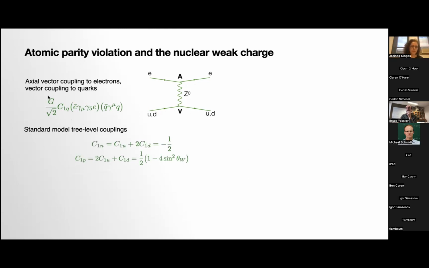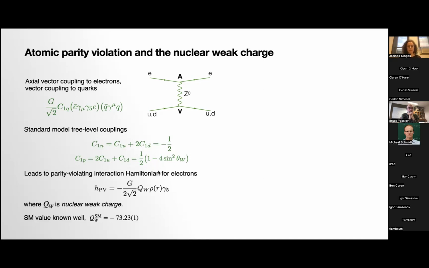And this G is the Fermi weak constant. So this coupling constant for the neutrons, you can build up a coupling constant for the neutrons and the protons as just the coherent sum of the couplings from the up and down quarks. And you can see that they're made up of, here you enter the weak mixing angle or the Weinberg angle here. So you can see that this is related directly to that particular parameter within the standard model.